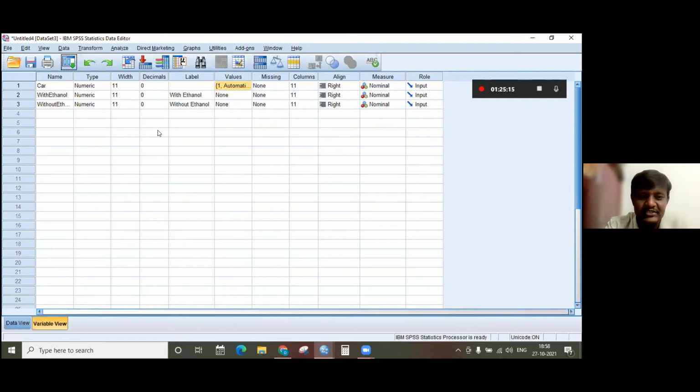Now we need to test that using independent sample t-test. The reason for using it is that we are going to check whether the mileage given by automatic cars and manual cars varies when two scenarios are given.